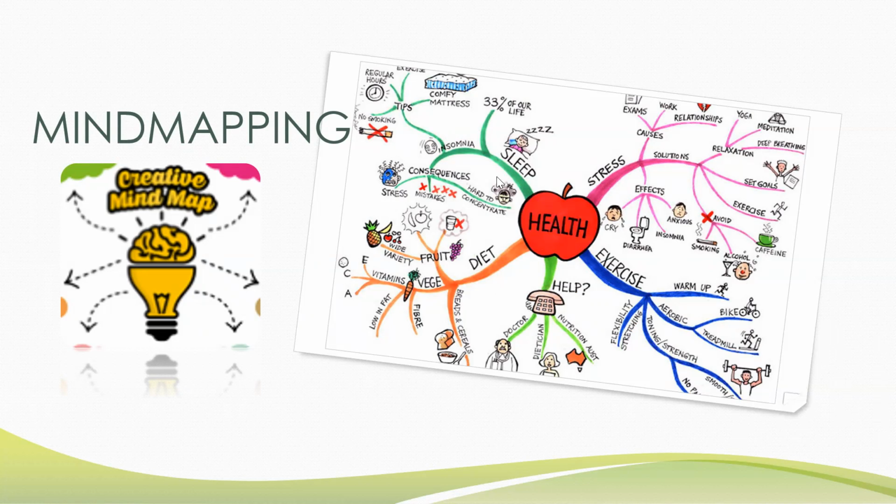Okay, so the various ideas that you come up with, you branch it out, right? How can you improve your health? Right, so for that you come up with ideas of sleep, one branch, then diet, health, exercise, stress. So all these 5 different categories, you again branch out and see what are the different types of details that you need to be aware of to ensure that this problem is taken care of, right?